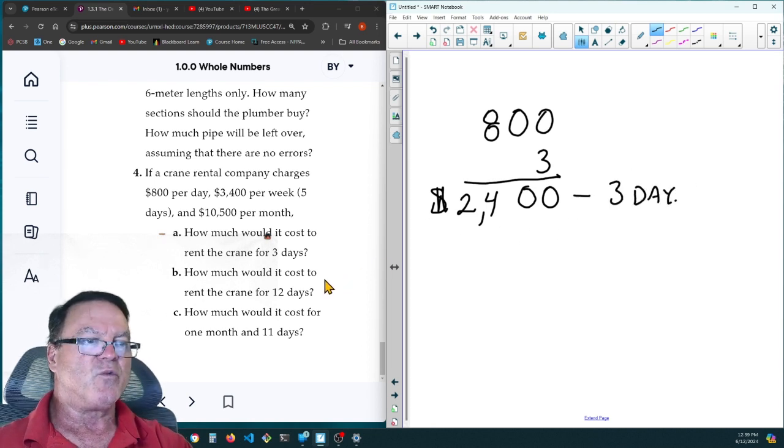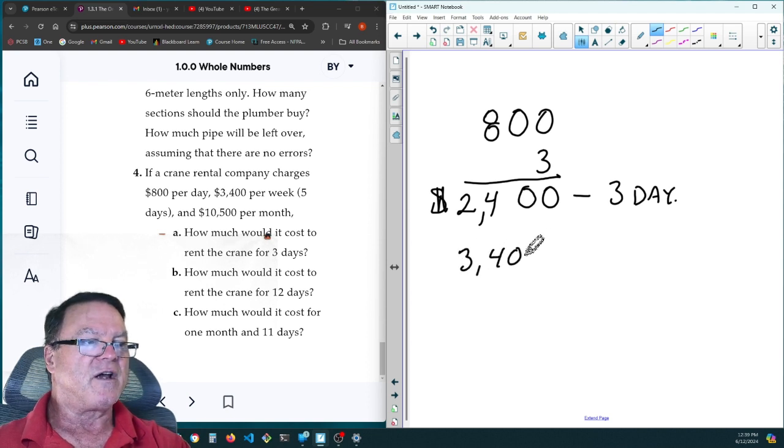And it says, how much would it cost to rent the crane for 12 days? Well, I think we'll save a little money if we rented it for 2 weeks and 2 days. Each week is 5 days long, they're saying here. So we're going to rent the crane for 2 weeks and 2 days, which would be 12 days. So